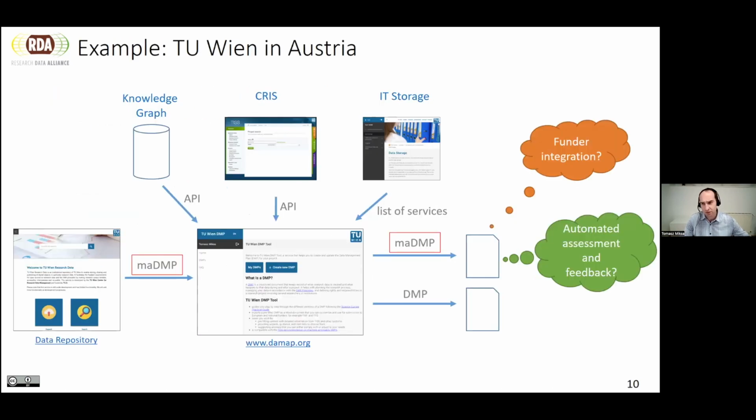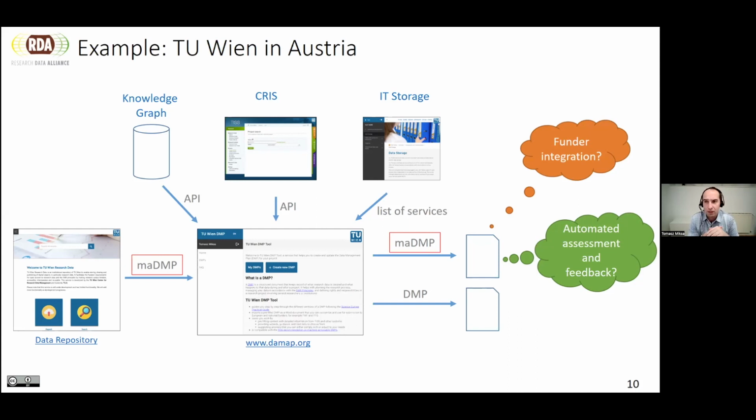To give you a more specific example, I have one from Austria, from Vienna, where I also work. Last month, we released a tool called DAMAP, and we are using it at our university, at the Technical University in Vienna. And this tool creates two outputs: standard DMPs, which are a PDF document, and also maDMPs. But during the creation of the DMP, we are using a lot of information from existing systems.